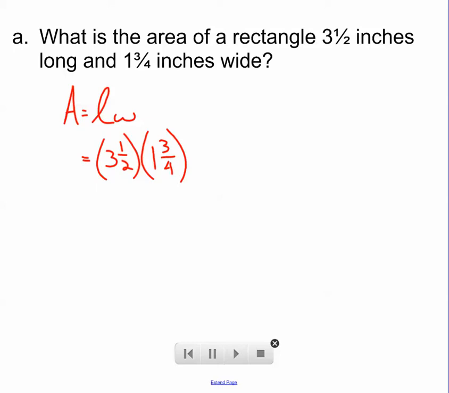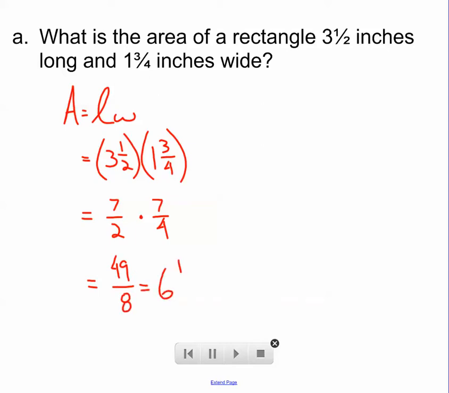And the first thing we got to do when we're multiplying mixed numbers is actually turn the mixed numbers into improper fractions. 3 1/2 is 7/2. 2 times 3 is 6, plus the 1 is 7, 7/2. 4 times 1 is 4, plus the 3 is 7, so 7/4. Then we can go ahead and multiply. 49/8. 7 times 7 is 49, 2 times 4 is 8, and we'll present our answer as a mixed number